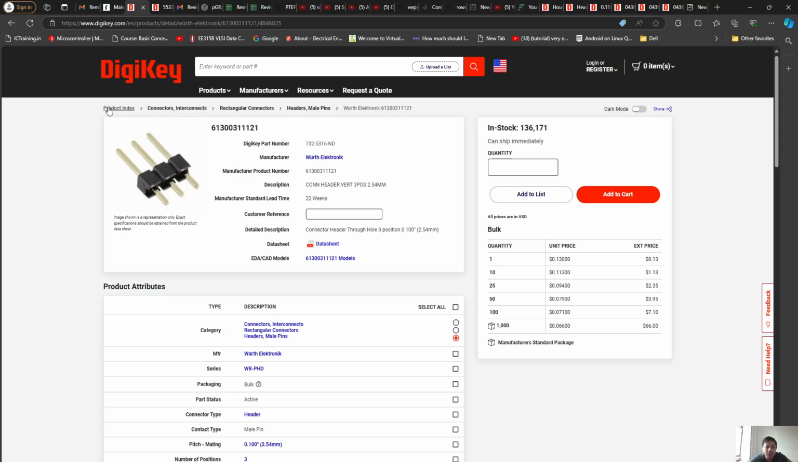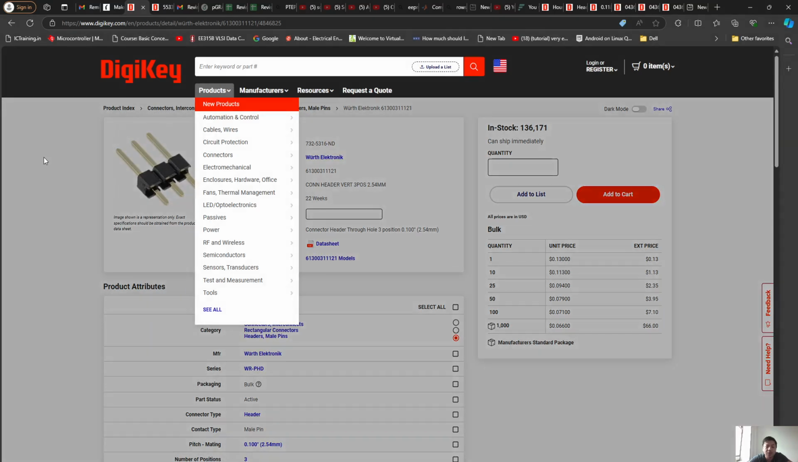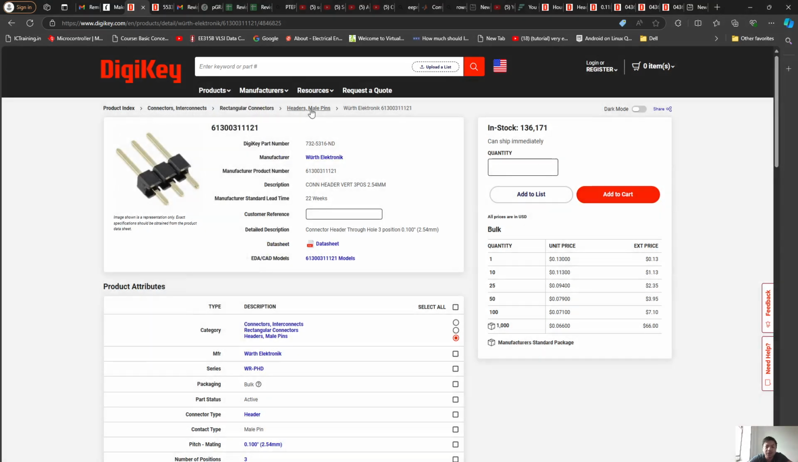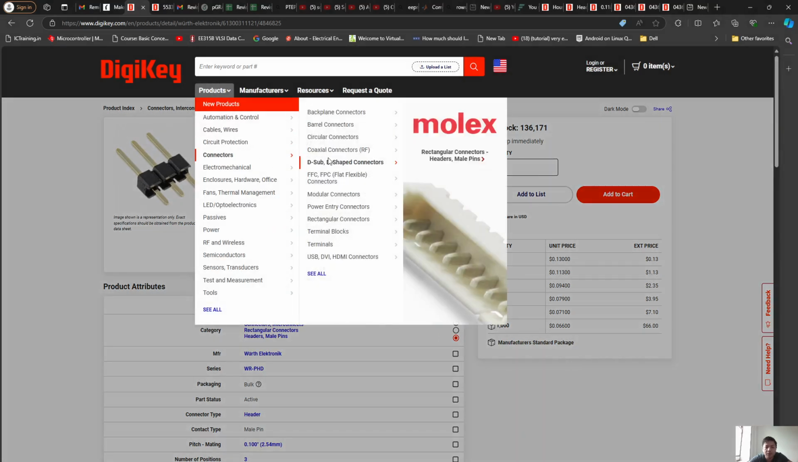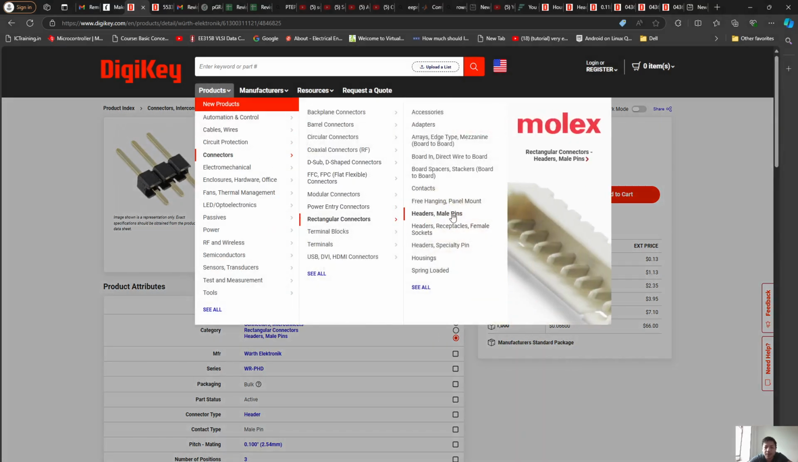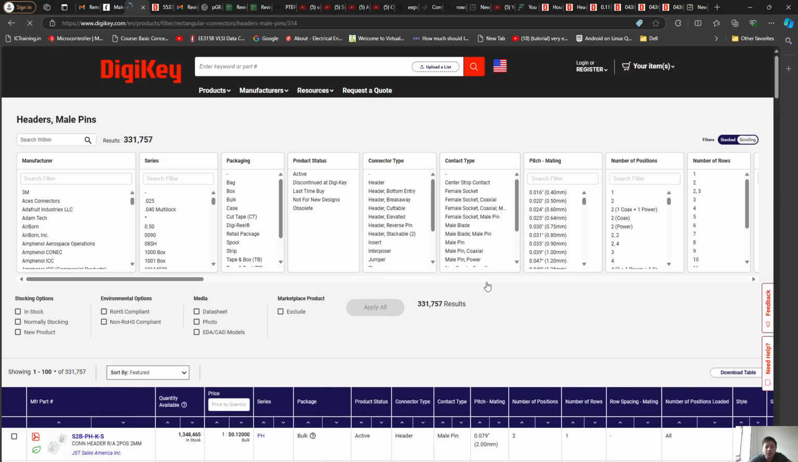If you see here, there's connector, interconnect, rectangular connector, and header male. I'm just trying to explain how Digikey organizes your products. These are the clues right here in front of you: connector, rectangular connector, header male. So I'm going to go to connector, rectangular connector, header male pins, and